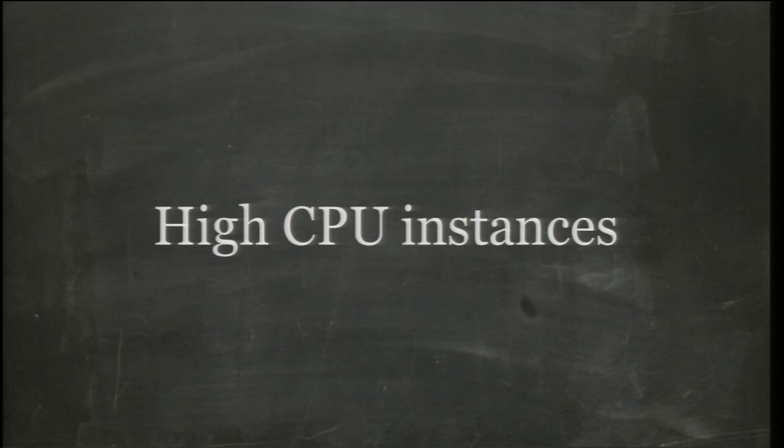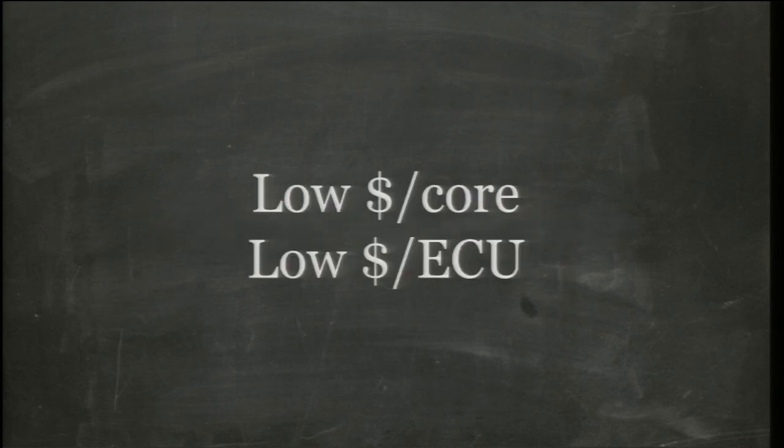One of my favorite EC2 families, in fact, the one that I've probably used the most myself over the years, is the high CPU family. When we add the word high and we have a CPU or something after that, it means that the ratio of CPU to memory in this case is favorable to CPU. It's a higher ratio.